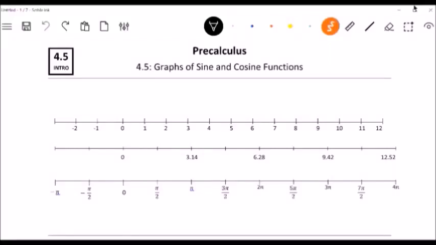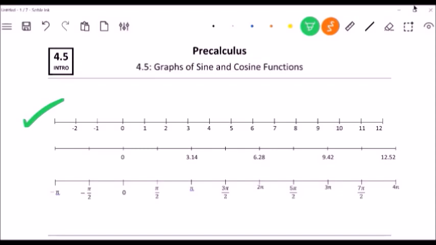Welcome. Let's take a look at graphing sine and cosine functions. And I first want to start off with the idea of using different number lines. We are used to using this number line, the basic integers. The next two are the same number line, but just set up a little differently so it matches trigonometric functions